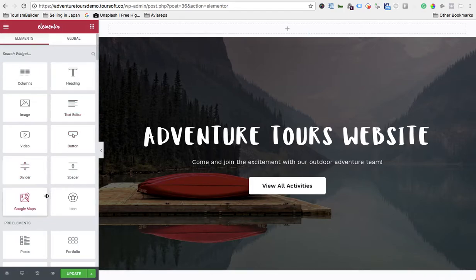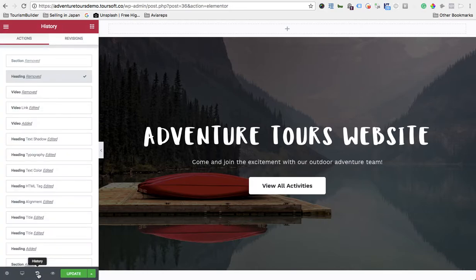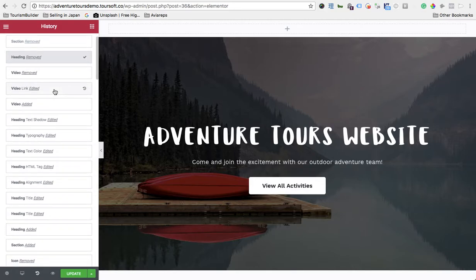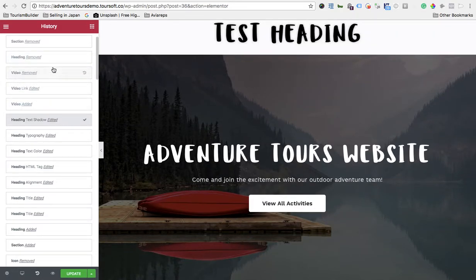But for full editing, you can click on the History icon at the bottom of the editor, and then you can move several steps forward and backward through time. This History panel is essentially like a time machine that allows you to move back and forth and undo your various edits. For example, I clicked here to where I had a heading,